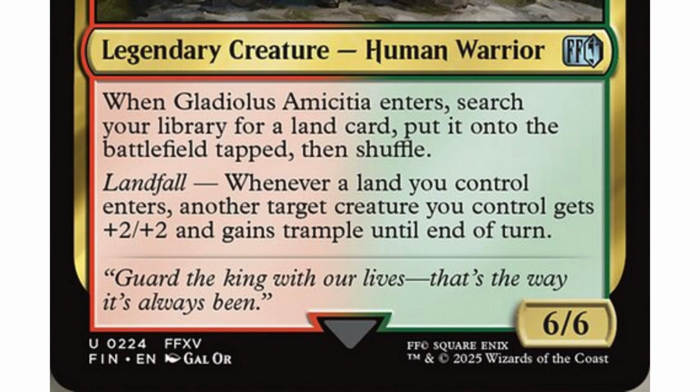What do we need to know about this? First of all, we're ramping. When he comes into play for 6 mana, you get an additional land, which will trigger his landfall trigger. That's awesome. Then his landfall trigger is convenient because it says another target creature you control gets +2/+2 and gains trample. So in my mind, I'm already putting in other big bad creatures that have haste, and I'm holding my land in my hand